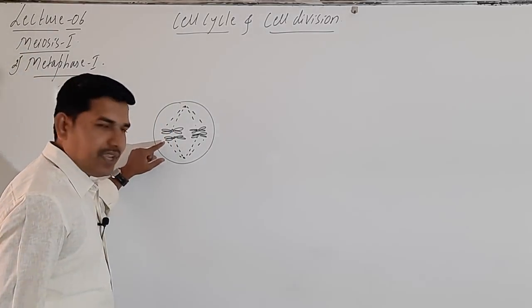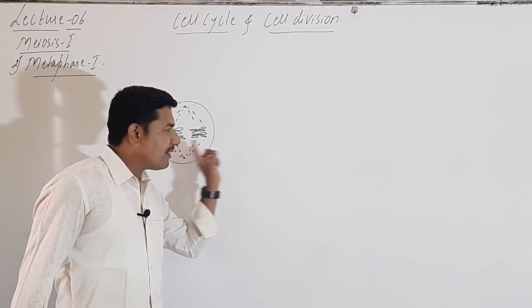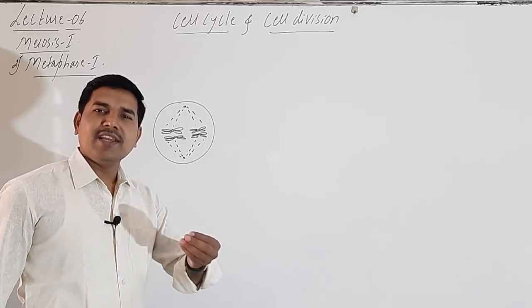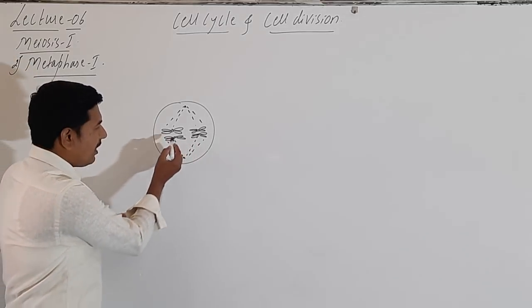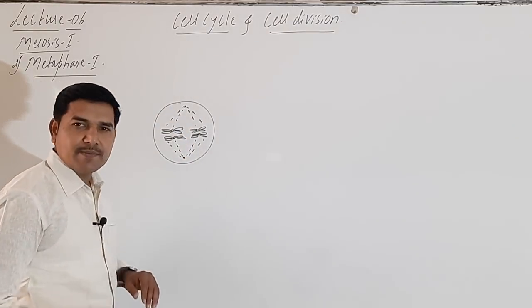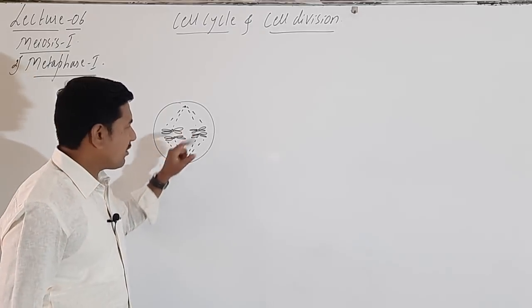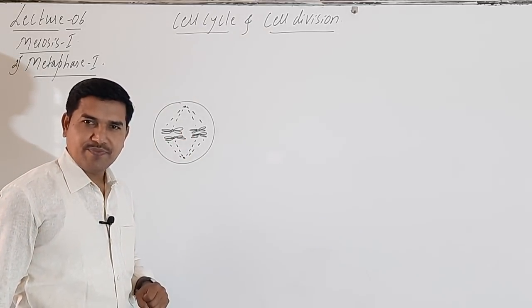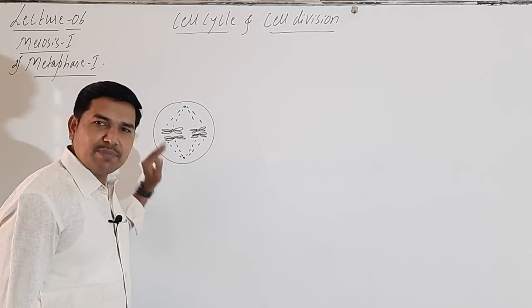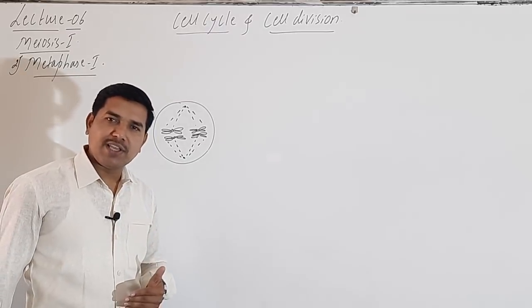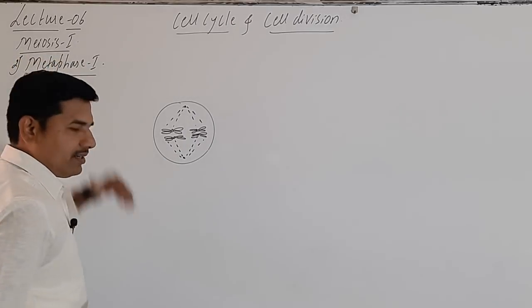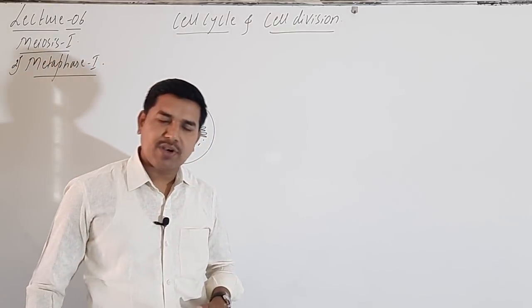They are in pairs, as many chromosomes as there are, they are in pairs. Okay, they are arranged at the equatorial plane in this way, right? Now here we have the centrioles, which produce the spindle fibers. These spindle fibers will attach to the kinetochores of each of these chromosomes. So we call them bivalent. Bivalent means two, and they are present in tetrad form. Okay, now what happens in metaphase 1,